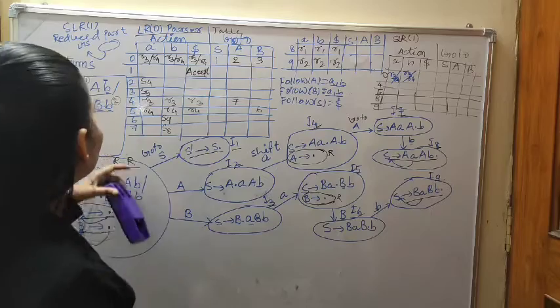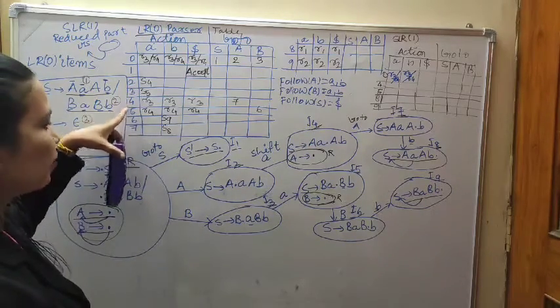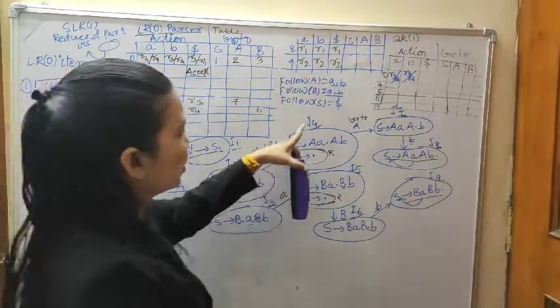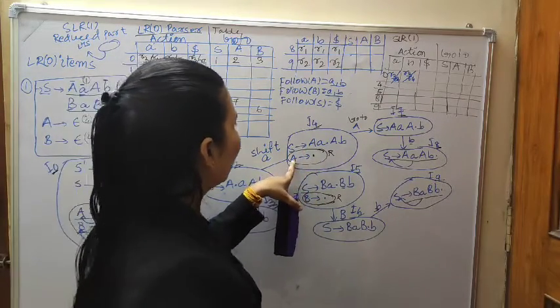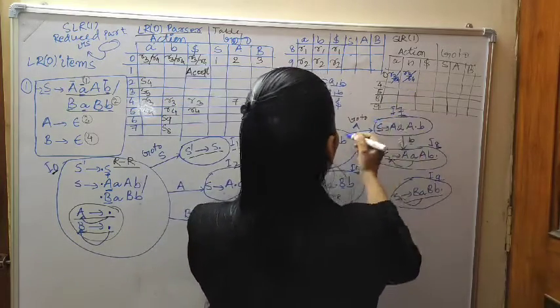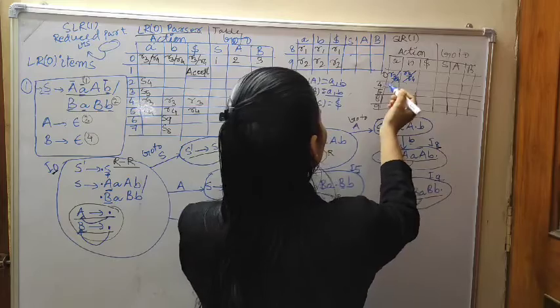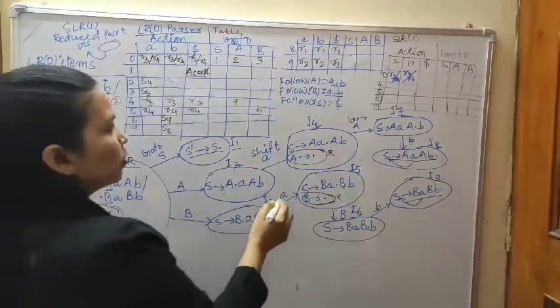Now we will check state number 4. Where is state number 4? Here, A2 dot, that means follow of A. Follow of A is what? A comma B. A comma A and B, these two places. Which production rule? A2 dot, it is production number 3. So then write